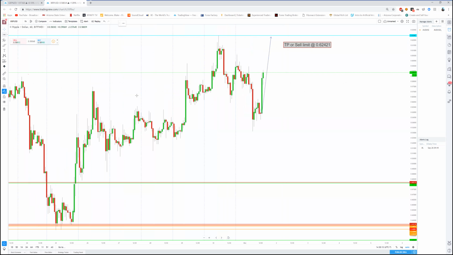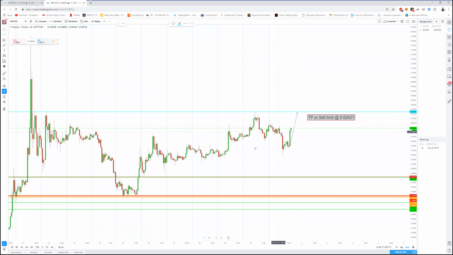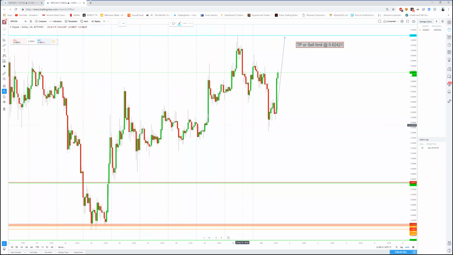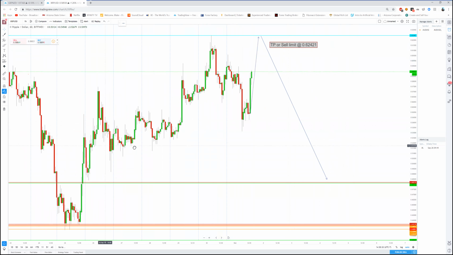Where would it come down to if it did decide to respect this line? If it did decide to respect this line, it looks like we have a pretty strong PRP right here. We can just go ahead and use that one. So if it did, then I could see it coming down to here. And that would be a limit TP